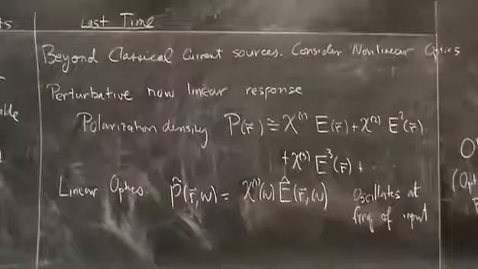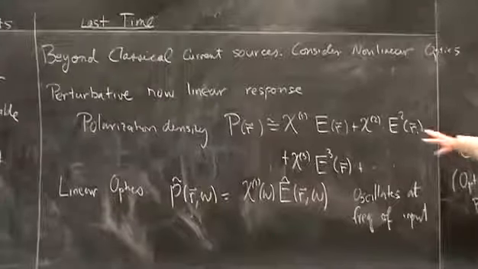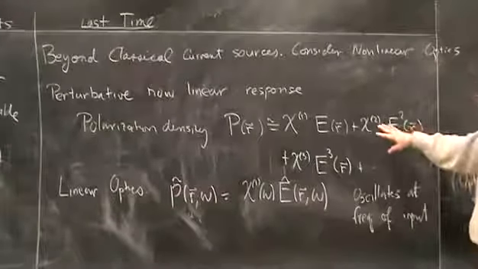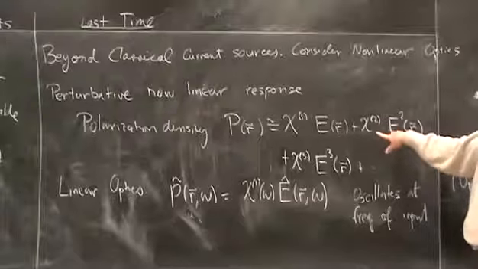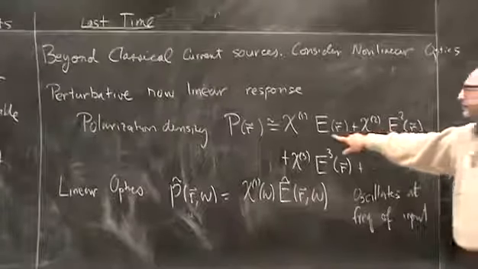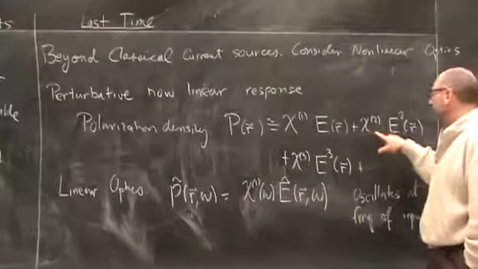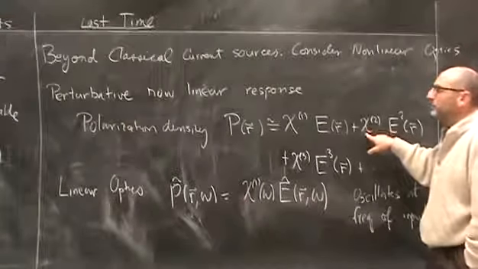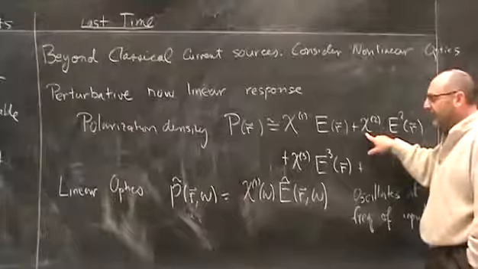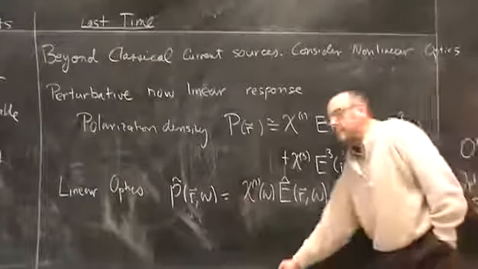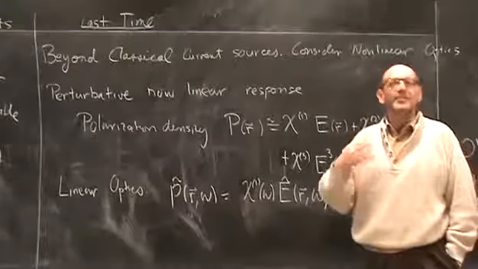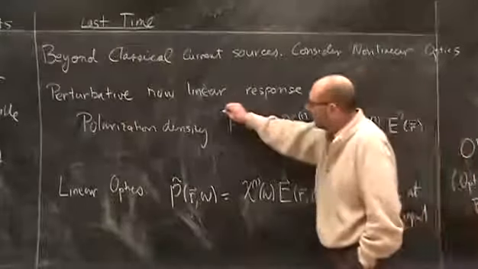Now it turns out that chi2, although it would be the first nonlinear effect, in order for the materials that have a chi2 response, they can't be inversion symmetric. There's a parity symmetry because of the fact that really this is a vector